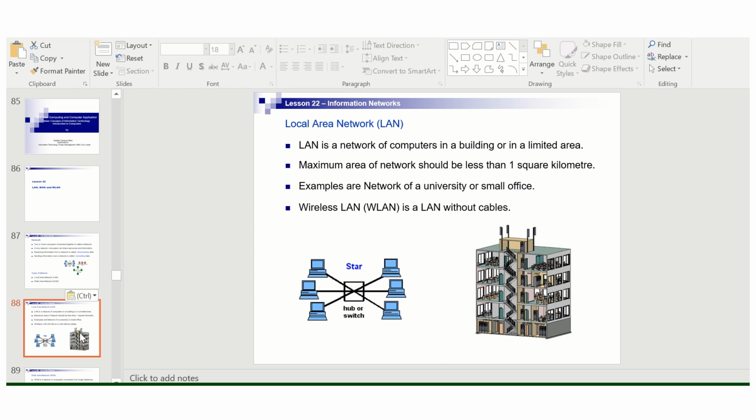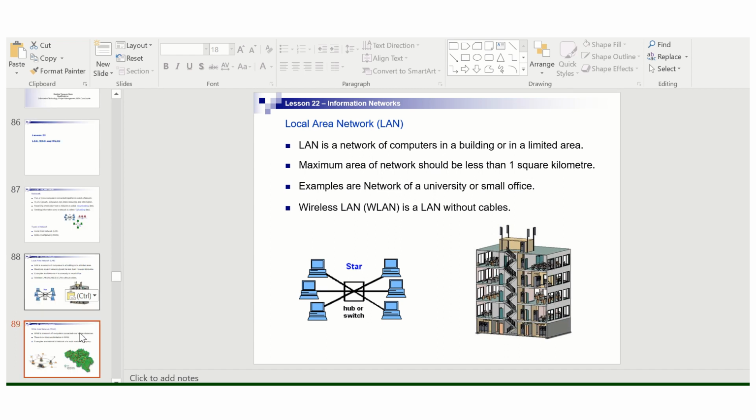That is a demonstration that you are in a local area network, right? So it's a network of computers in a building or a limited area. That is why that LAN would be for your specific office or specific company, right? So you should be having a view of that. So that's when you are using the LAN, and then